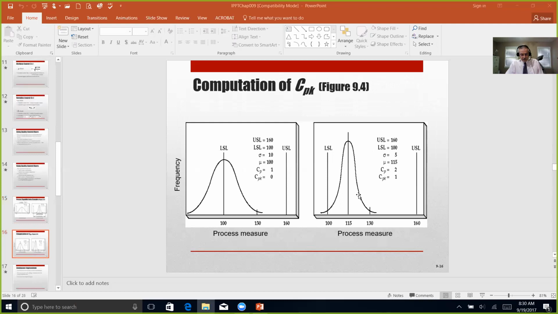And here is figure 9.4. Continuous improvement, figure 9.4 on page 200, gives us a few more examples of those calculations as well. So understanding these calculations, I believe, is important for you, as well as understanding this concept of quality control and process capability. And if the process is centered at the specification range, Cp,